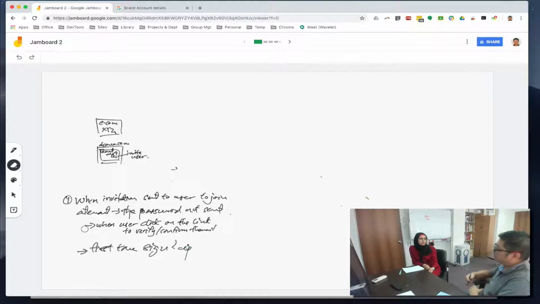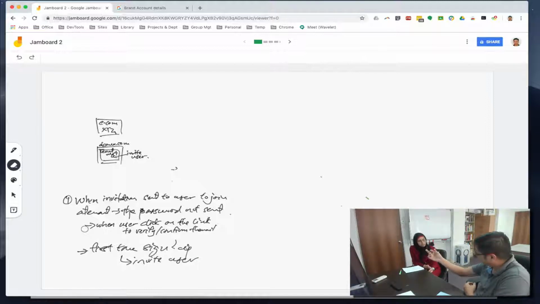What I do is I just invite the user. After I invite, the user may or may not have an account.com user login or something like that. So in order for the system to be smart enough,